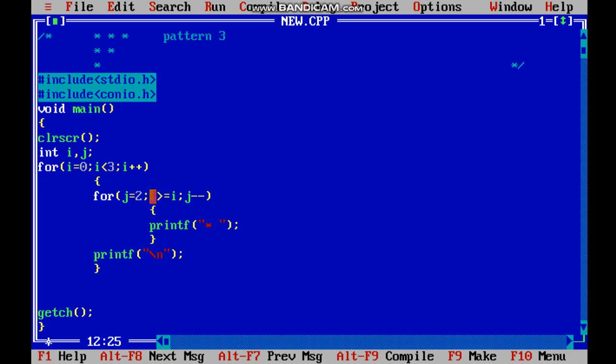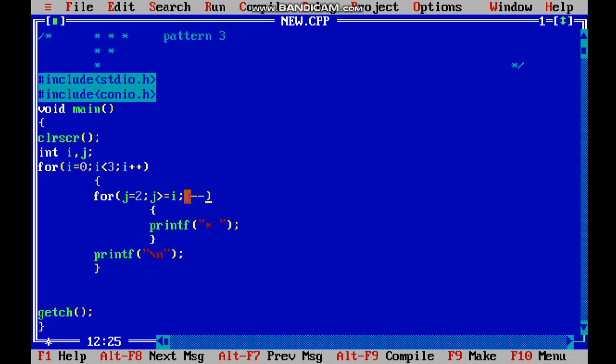See, j equals 2, it does not matter whatever the initialization is. We will see how many times it is running. If j is equal to 2 and j is greater than or equal to I, where I is 0, then it will run 3 times, because for 2 it will run once, and then j minus minus. After that j decreases to 1 and the loop runs again, and then j is 0, and 0 is greater than or equal to 0.